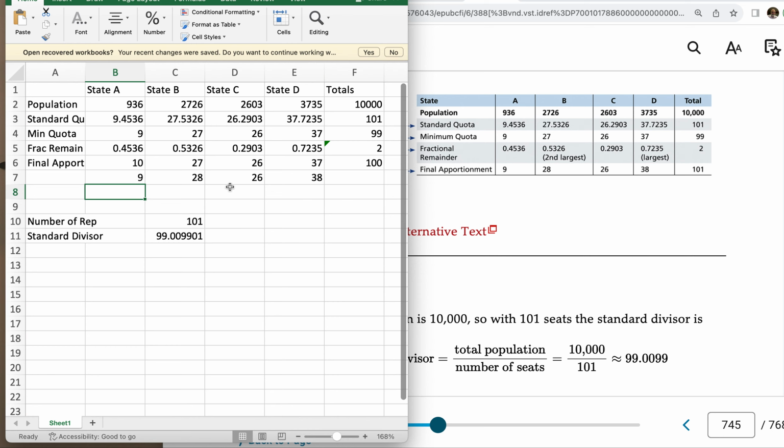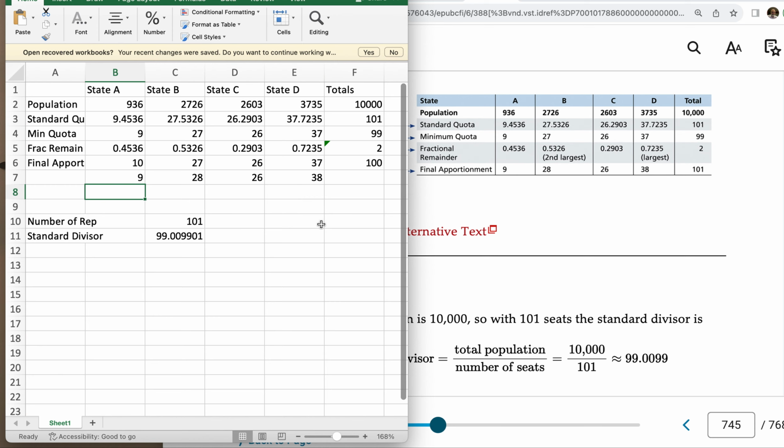So the Alabama paradox says if we increase the number of representatives, every state should not lose any representation. Some states will gain, but none should lose. And here's a case where if it was 100, state A got 10. If it was 101, state A got 9. And that was the Alabama paradox. So to solve that problem,